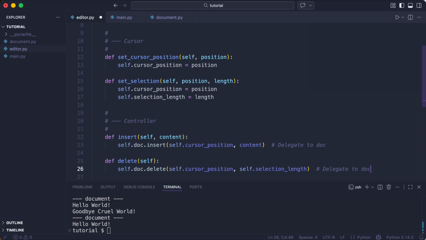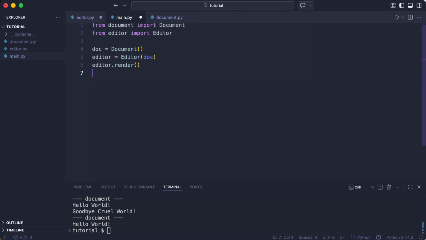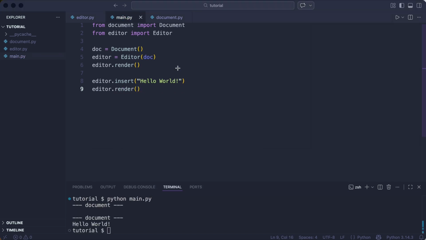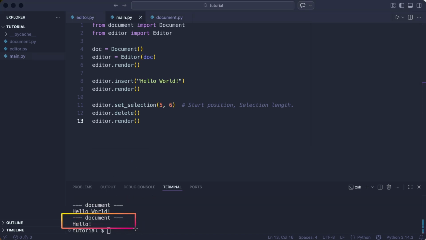Insert and delete are controller functions that are called when a user types text or presses a button and will just pass the cursor information to the document delete method. I can now call the methods on editor in main. Let me check if that still works. It does. I'll delete the word world. Very nice. It is nice that main is